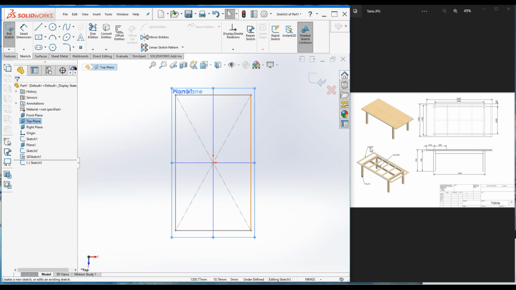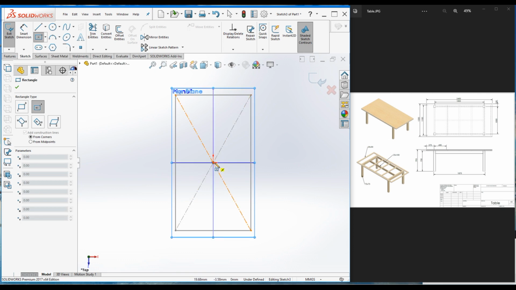I'm going to use 50 by 25 members around this tabletop, and from here to here it is 2400. So I'm going to minus 50 so that these members will be on their center line. So it would be 2350. So let's create the sketch first